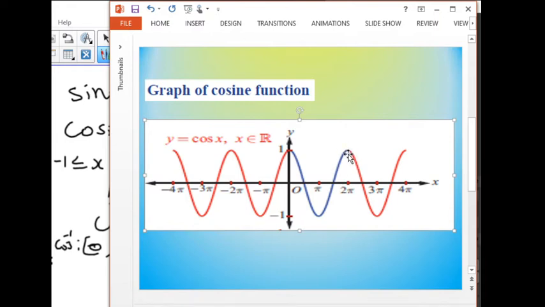Is it clear, all of you? So we have this curve, and you know that cos 30 degree is root 3 by 2. Cos 45 degree is 1 by root 2. So plotting all those, we get this graph. So here, when does it complete the full cycle? So full cycle is completed from 0 to 2 pi. From 0 to 2 pi, one cycle is completed.